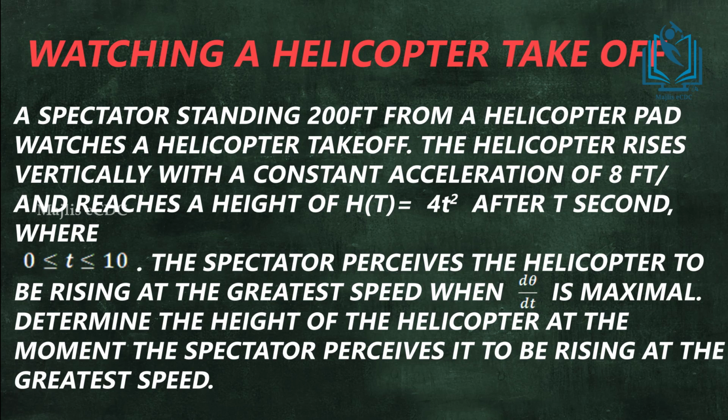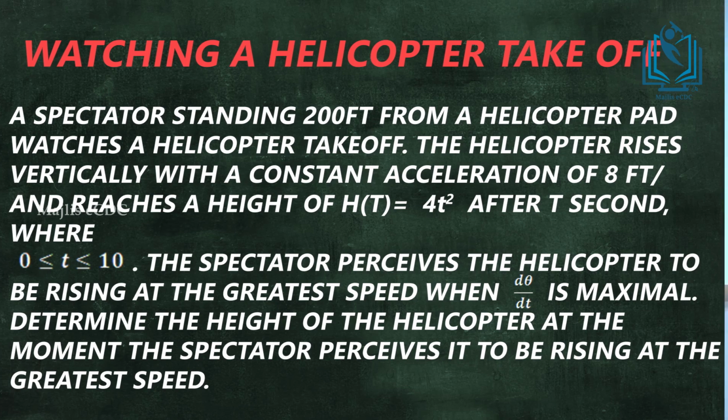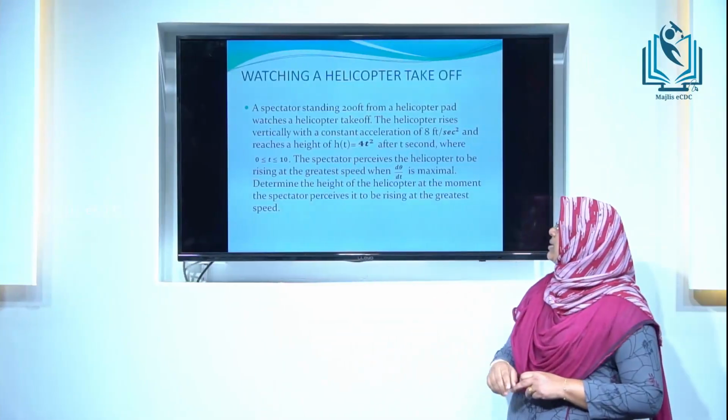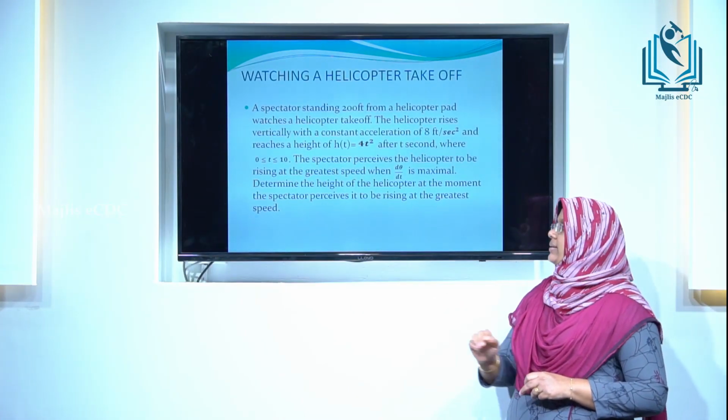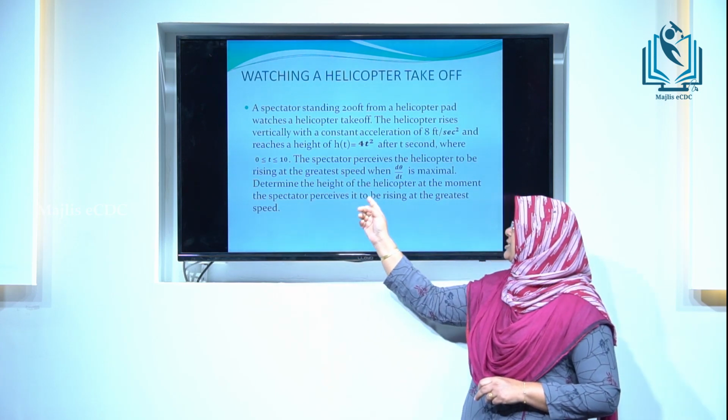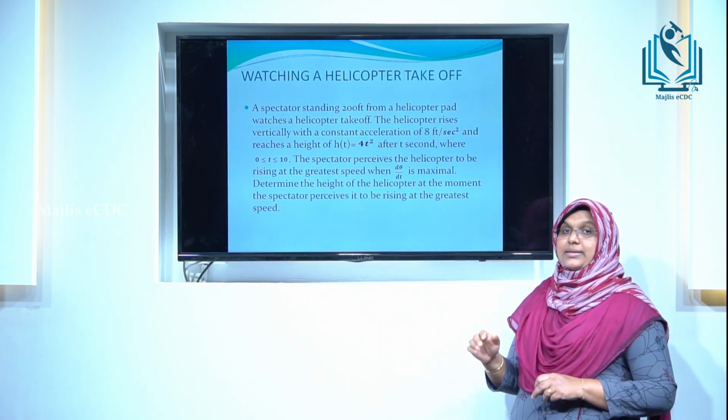The spectator perceives the helicopter to be rising at the greatest speed when d theta by dt is maximal. Determine the height of the helicopter at the moment the spectator perceives it to be rising at the greatest